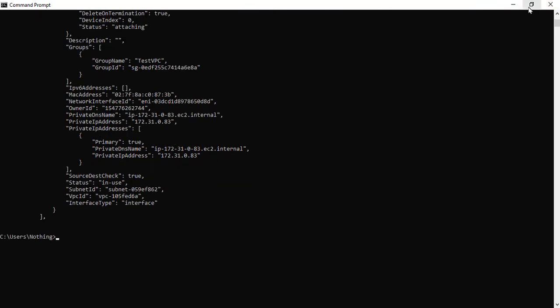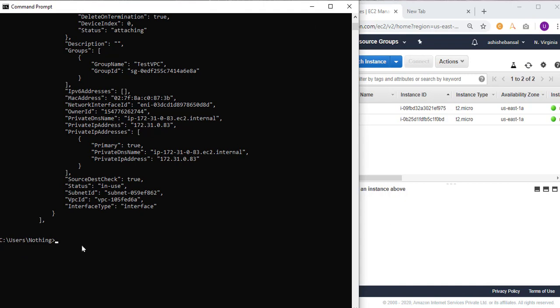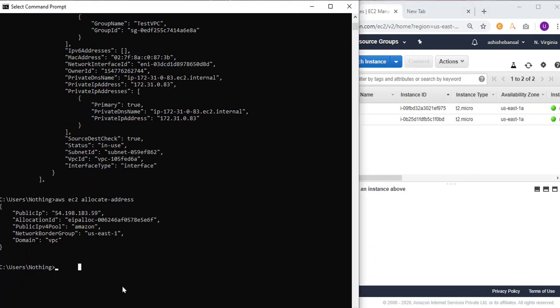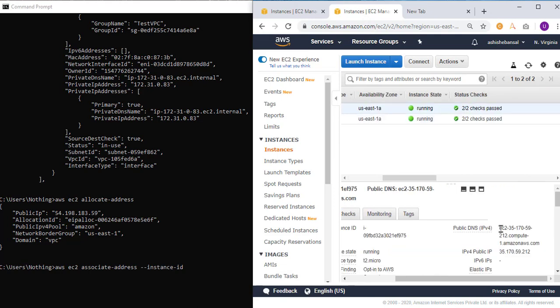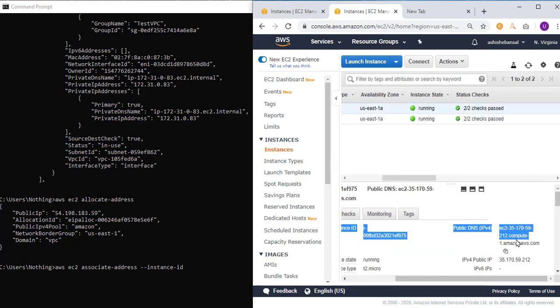So there's something that we have still not done, that is the EIP. So what we will do is, you will have to associate this IP with the instance. So the public IP is this right now.